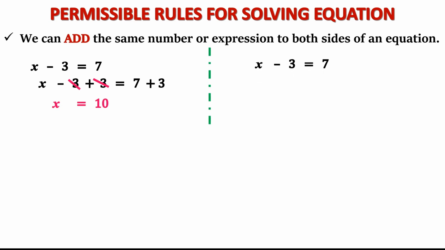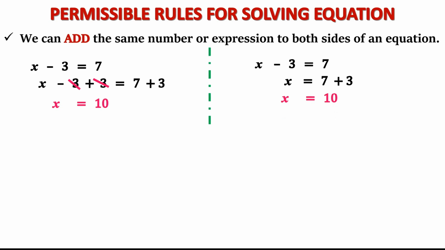Now, we will not introduce plus 3 on both sides. What we will understand? The same question, x minus 3 is equal to 7. Now, I want to have the value of x only. I want to remove minus 3. So when this minus 3 is transposed, or better to say it is transferred to the other side, its sign will change. This is how we will understand. So next I have x is equal to, because minus 3 I have taken from the left hand side and added in the right hand side. So x is equal to 7 plus 3, and thereby I get the answer x is equal to 10.